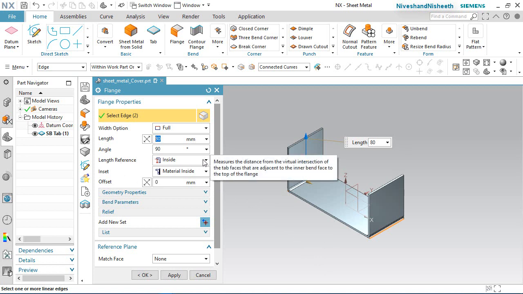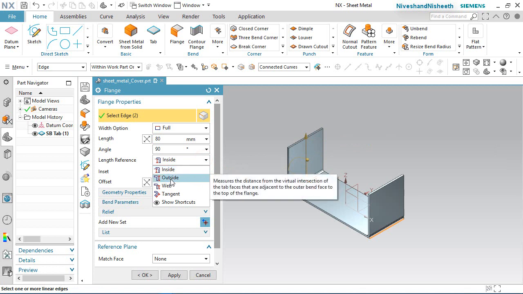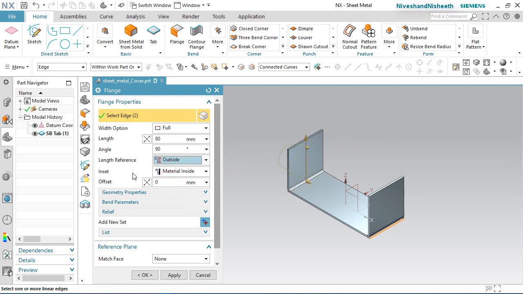In the length reference tab, select outside world. In the length reference, choose outside. Inset area, select the material inside.